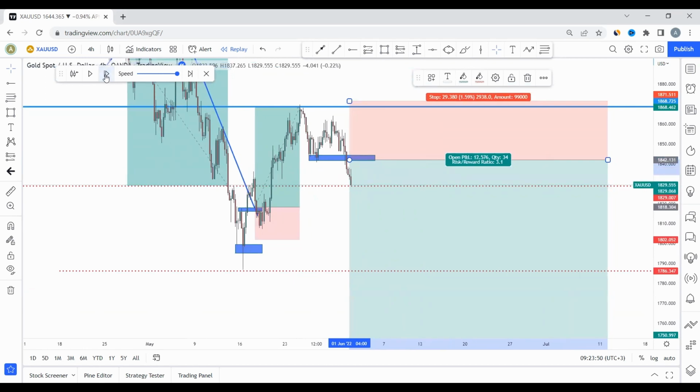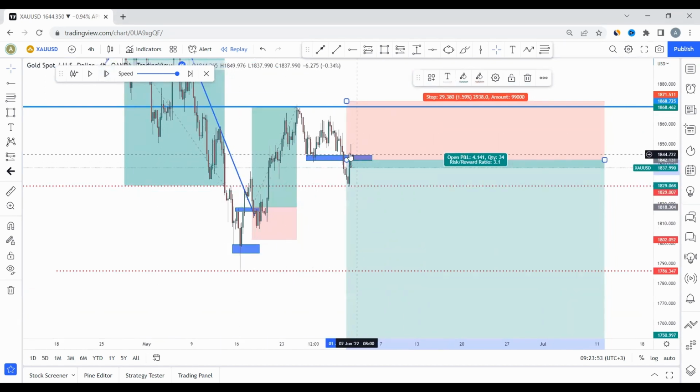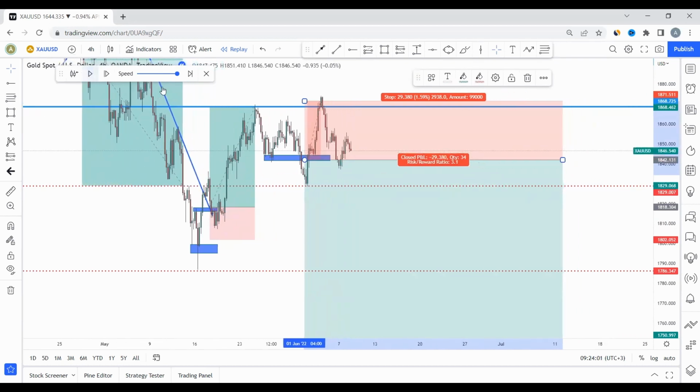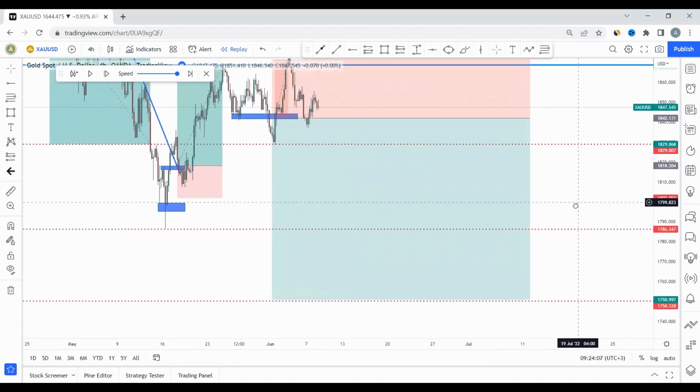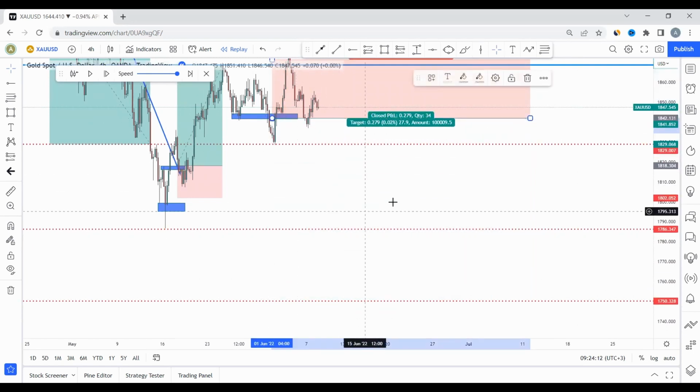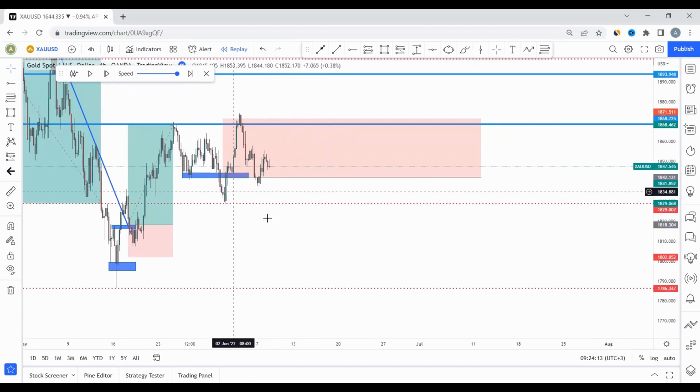Okay. So the market filled us in here, came and retested here, this neckline that was broken. So let's see how it plays out. So in this case, we hit stop loss, right? We hit stop loss on this first trade. Are we together? So this is a stop loss that was hit. Now we have 2 wins and 1 stop loss.